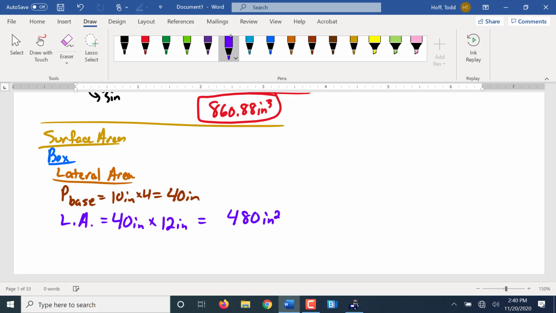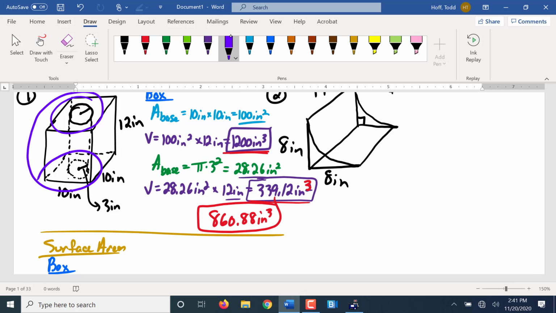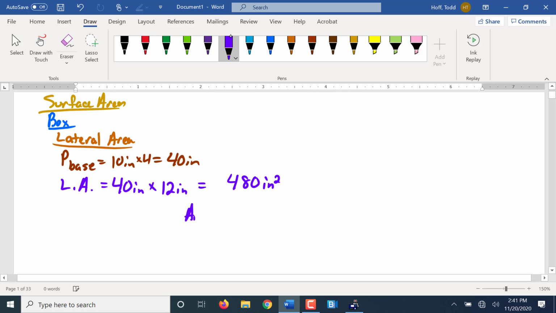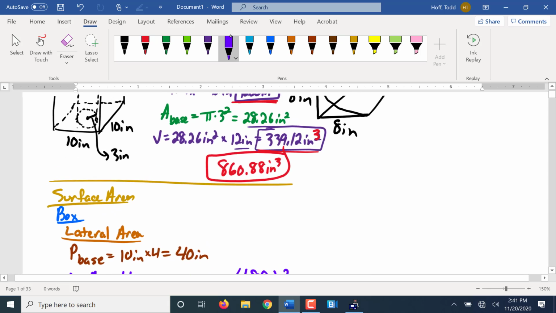480 square inches. Now to that, we need to add the area of the bases, which is 100 each, right? So we got 680 square inches of surface area for the box. Of course,